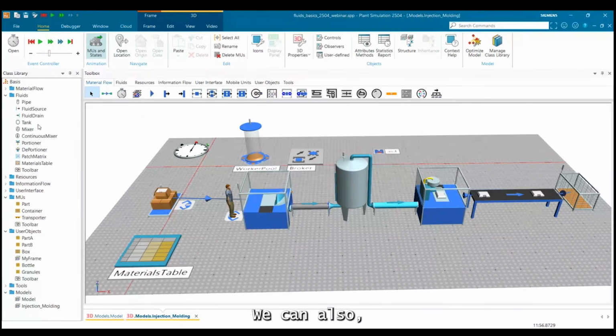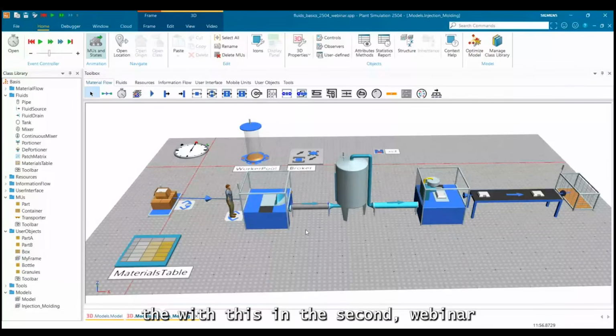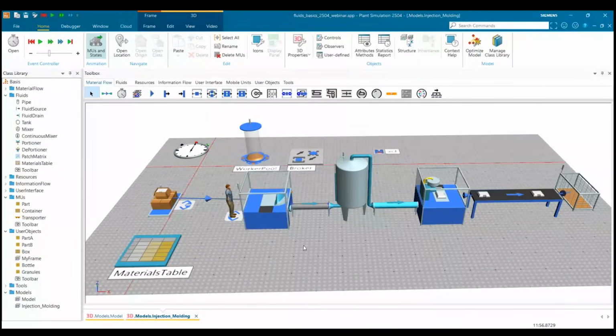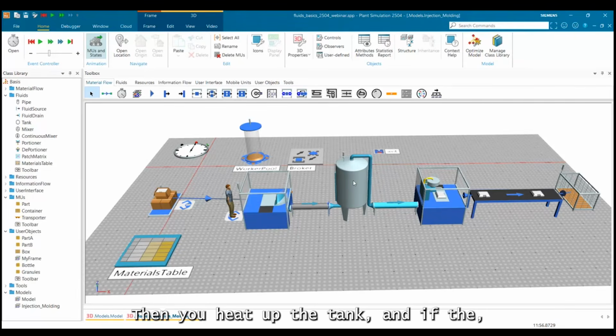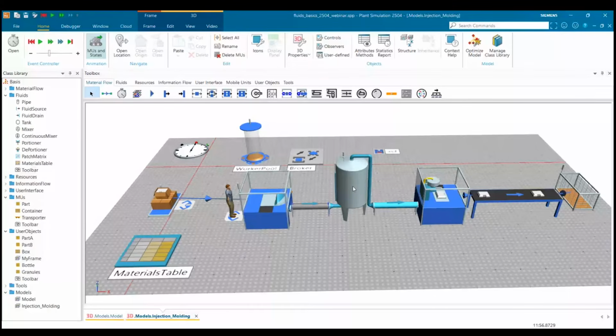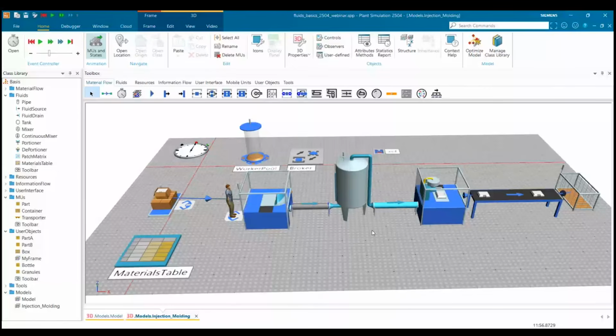We can also model recipe-based production systems like a brewery. We will do this in the second webinar, where you have some recipe. Okay, you need to fill a tank, then you heat up the tank, and if the fluid is hot, then you pump it to another tank, and then you have some mixing and some processing in the second tank or second mixer.